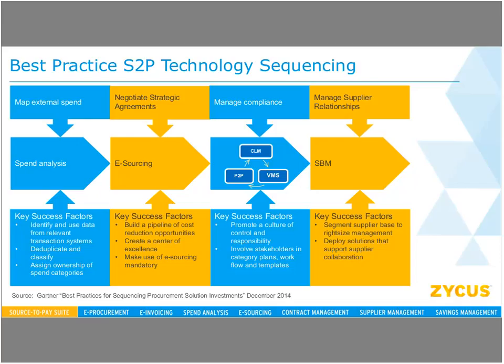So the recommendation as the starting point is to start with spend analytics, and it's hard to argue with it. How can you effectively implement category and sourcing strategies if you don't have good visibility to what you're buying, with whom, and in what quantity? So starting with spend data and really making sure that that data is accurately cleansed, classified, and enriched to give you the best insights into what would then be step 2, as recommended by Gartner, capitalize on those savings opportunities